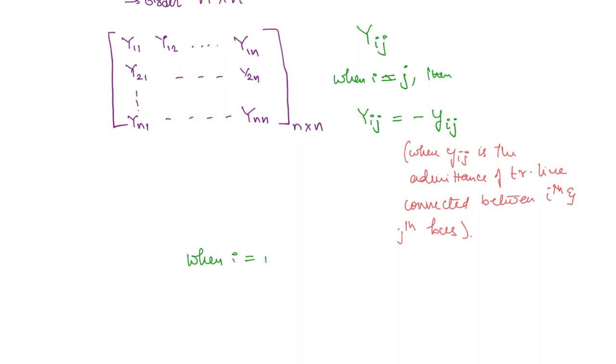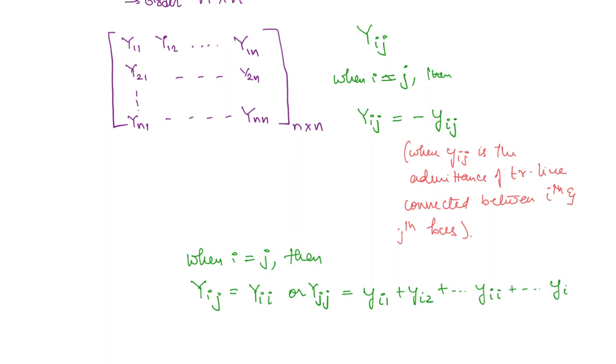Now when i is equal to j, what is going to happen? When i is equal to j, then Yii is going to be equal to the sum of all the admittances that are connected to the ith bus. So this is going to be equal to Yi1 plus Yi2 plus so on till Yii plus so on till Yin. So what is yii here? This is the admittance